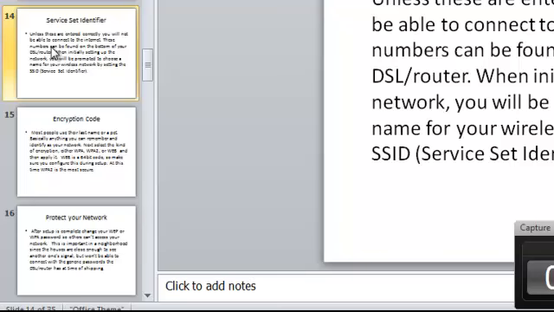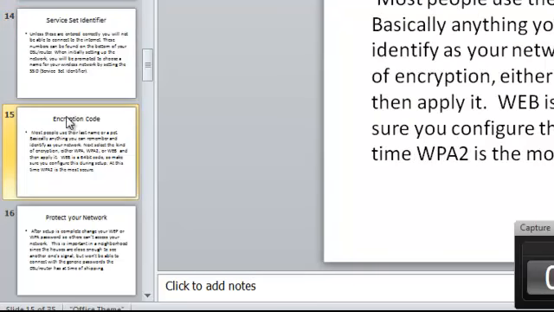When initially setting up the network, you will be prompted to choose the name for your wireless network by setting the SSID, Service Set Identifier. Most people use their last name or a pet. Basically, anything you can remember and identify as your network. Next, select the kind of encryption, whether WPA, WPA2, or WEP, and then apply it. WEP is a 64-bit code, so make sure you configure this during setup. At this time, WPA2 is the most